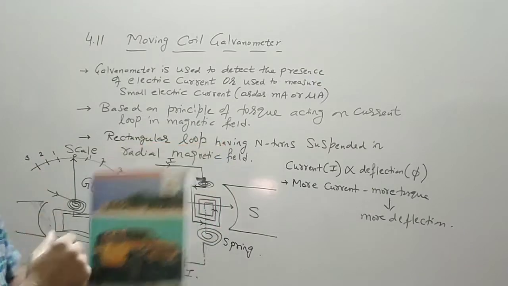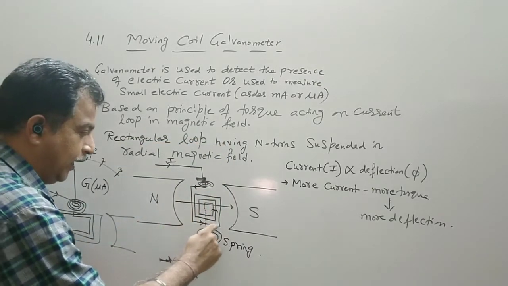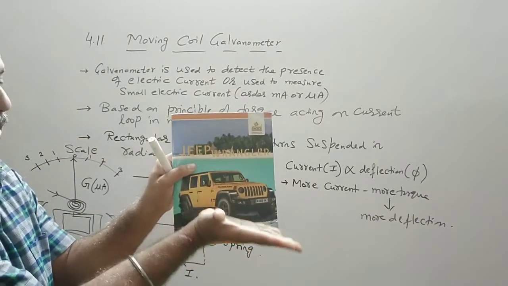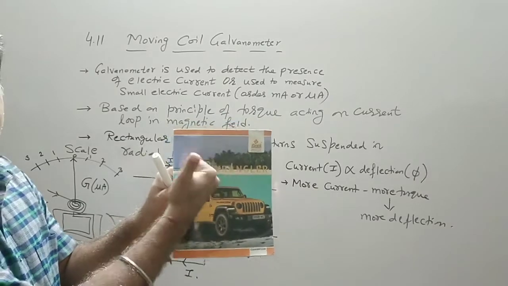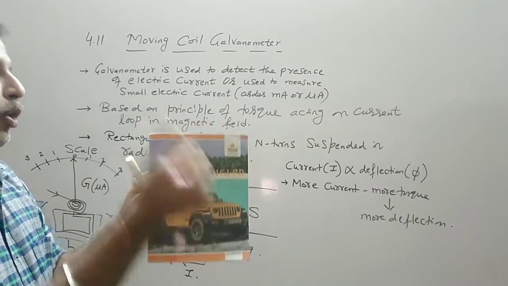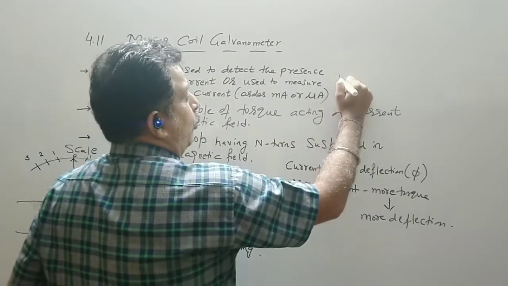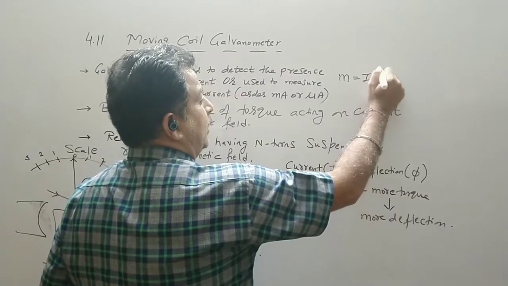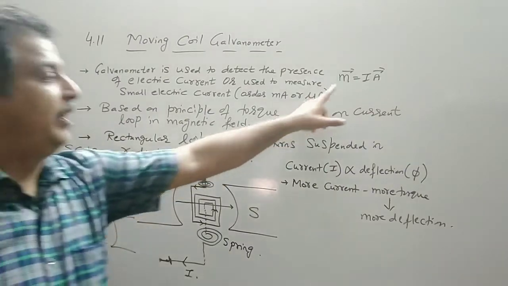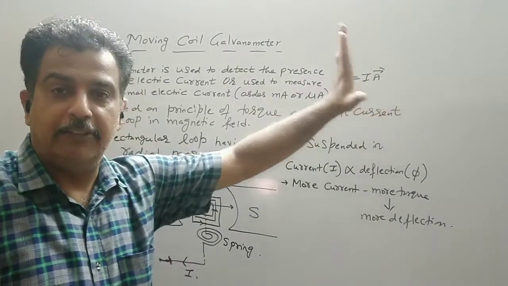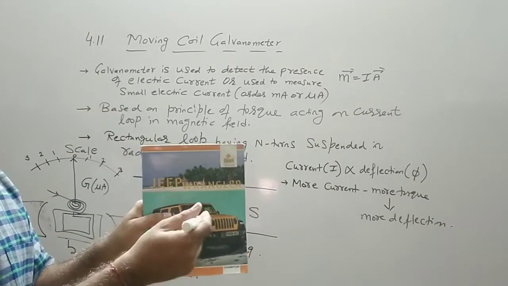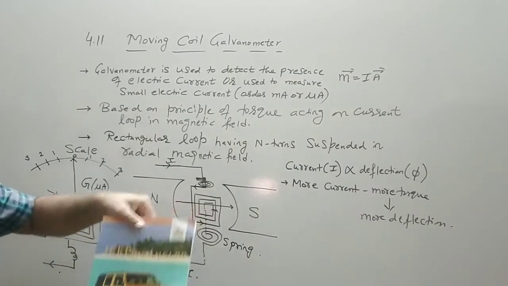then the area vector, now if I see the current flowing here is in anti-clockwise direction. So current is in anti-clockwise direction. I curl my fingers in anti-clockwise. I find the area vector is coming out. That is 90 degree. Or we also know that the magnetic moment M is equal to I times A vector. The direction of IA vector is the same as that of M vector, or you can say the M vector has the same direction as that of the A vector. That is the magnetic moment. So magnetic moment is outward if the rectangular loop is placed like this.